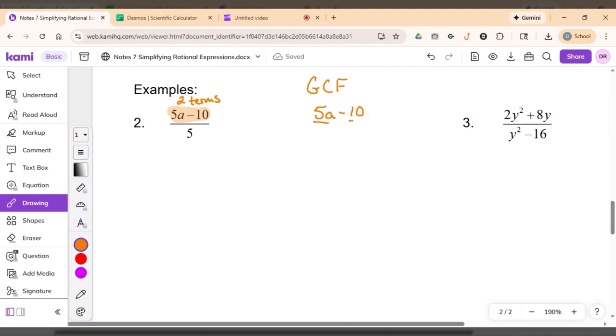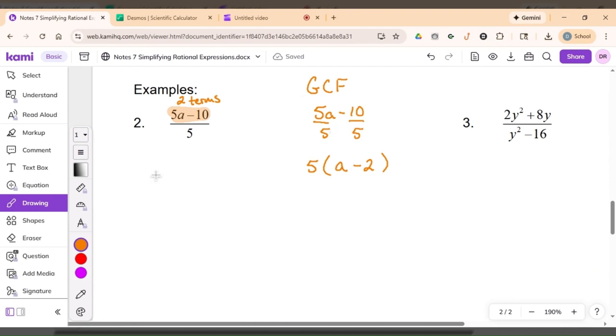And it turns out we can. In this particular scenario, we can divide them both by 5. And so that's what we're going to do. We're going to rewrite this expression 5a minus 10 as 5 times something else. And if you divide these by 5, 5a divided by 5 is 1a, and negative 10 divided by 5 is negative 2. We are saying that we can rewrite our numerator as 5 times the